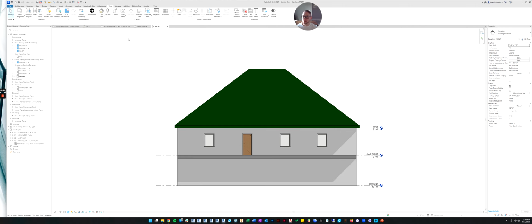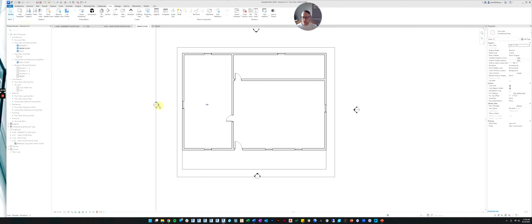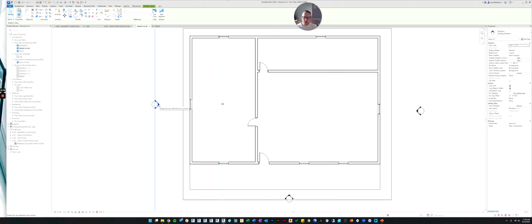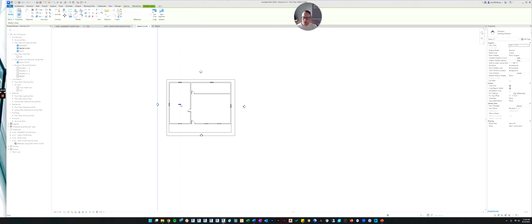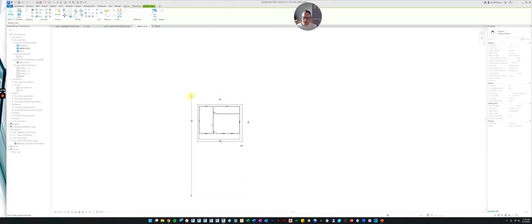All right, so now we just need to do that really quickly with the rest of the elevations. So I'm going to click here. If I click on that arrowhead, once again, I can pick how far back it goes, and I'm going to drag it all the way across. And you can also move these little dots to be closer. Oops. Let's click on that again. Click on that dot and bring it in.